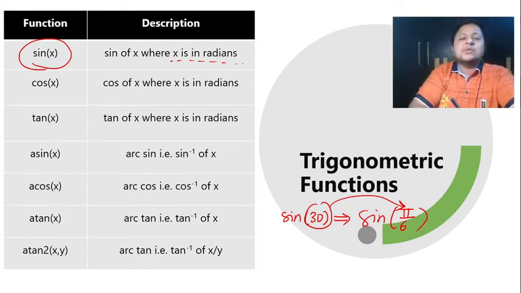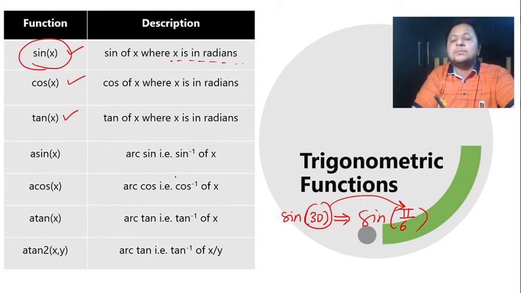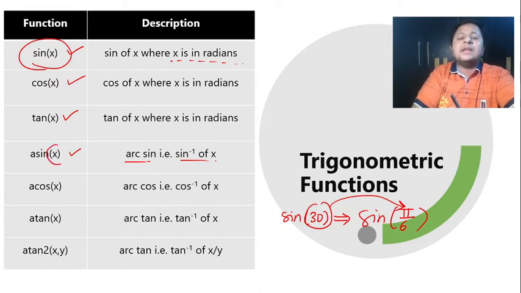So sin(x) is going to give you the sine of the angle, cos(x) is going to give you the cosine, and tangent can be computed using the tan function. So these are the straight functions. We also have the inverse functions. So asin(x) stands for arc sine, which gives you sine inverse of x. As you know from trigonometry, it is going to give you the angle whose sine value is x.